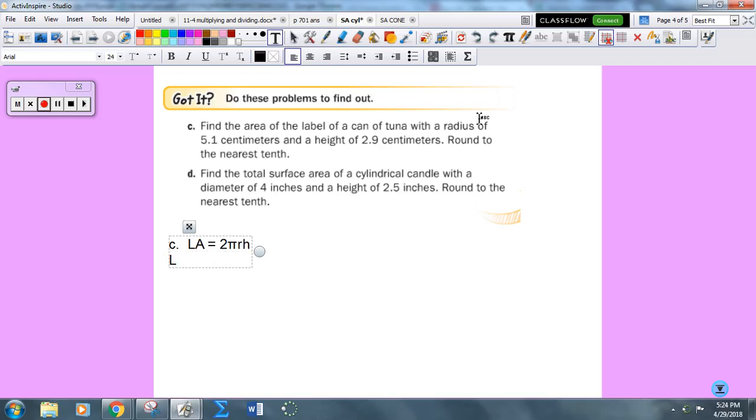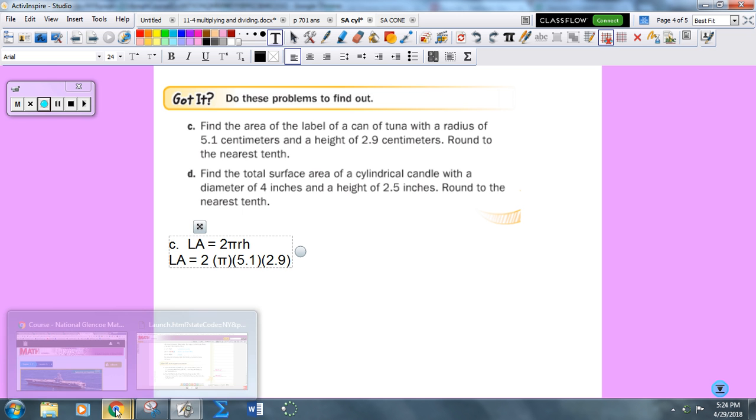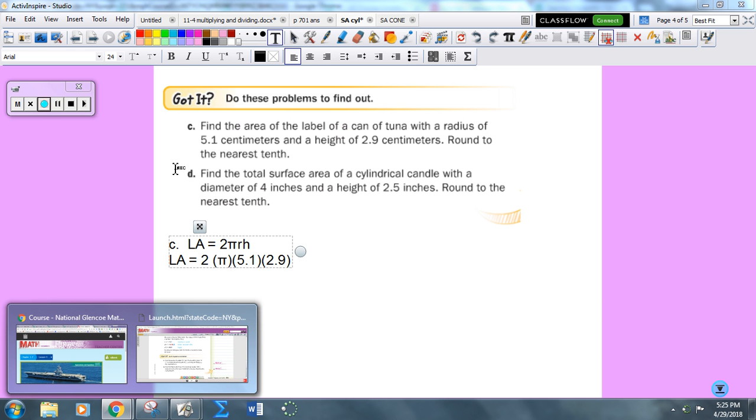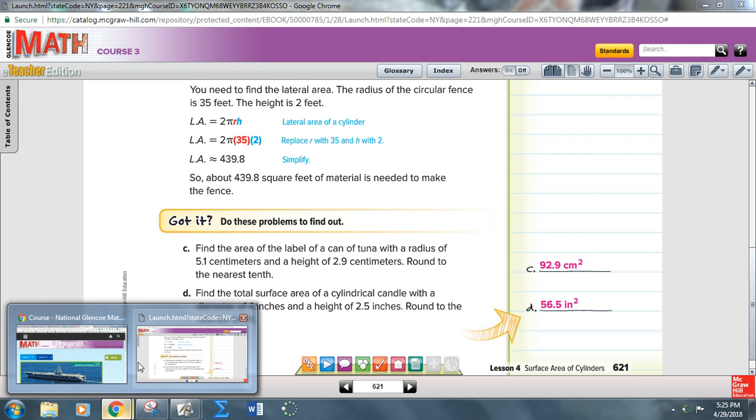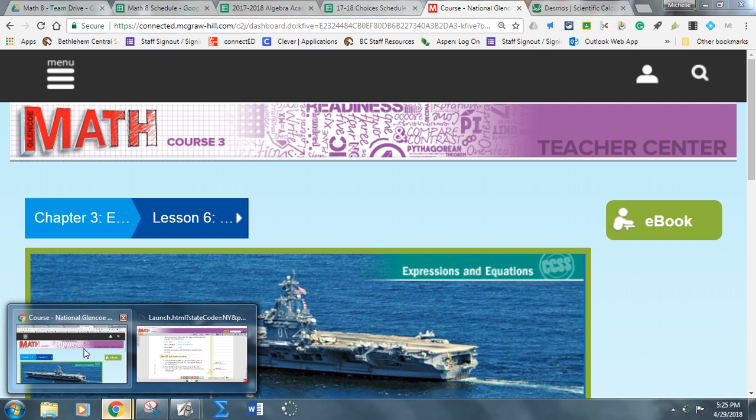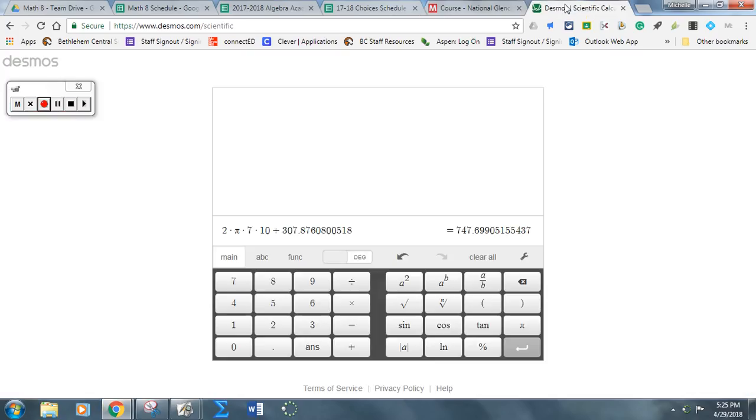So on this problem, I need to do 2 times pi times my radius, which is 5.1, times my height, which is 2.9. And then go to my Desmos calculator, which, if you're using a calculator on the Chromebook, I strongly recommend you use the Desmos calculator, which you can find by doing Desmos Scientific,